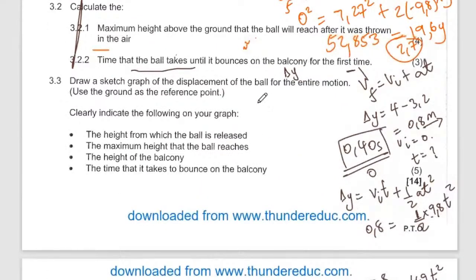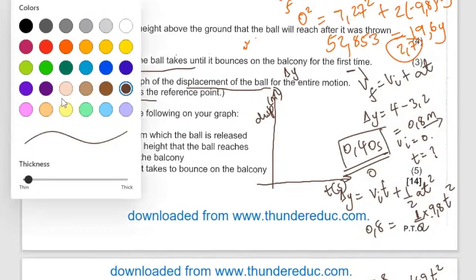Then 3.3, they want us to sketch the graph of displacement before the interaction. We're using the ground as a reference point. Now remember, with the different graphs, this is the displacement. So how is the displacement? Position. Okay, so here is the displacement in meters, this is the time in seconds. Okay, so what we shall notice